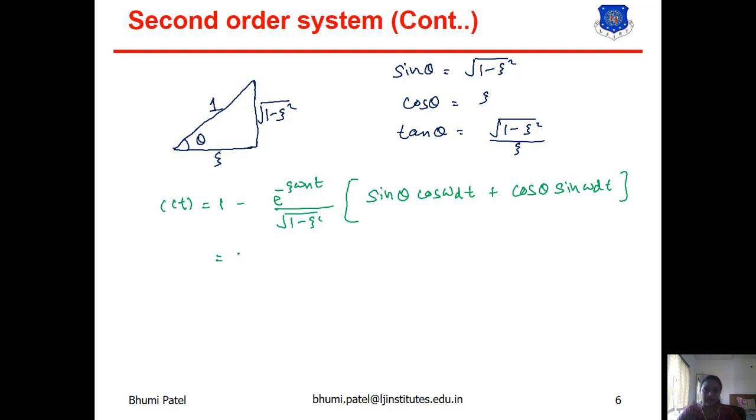So we can get 1 minus e raised to minus zeta omega n t upon under root of 1 minus zeta square sin omega d t plus theta. This is the equation for sin theta cos omega d t plus cos theta sin omega d t, where